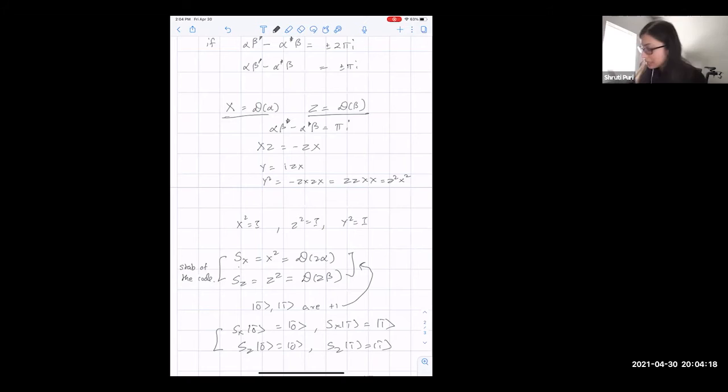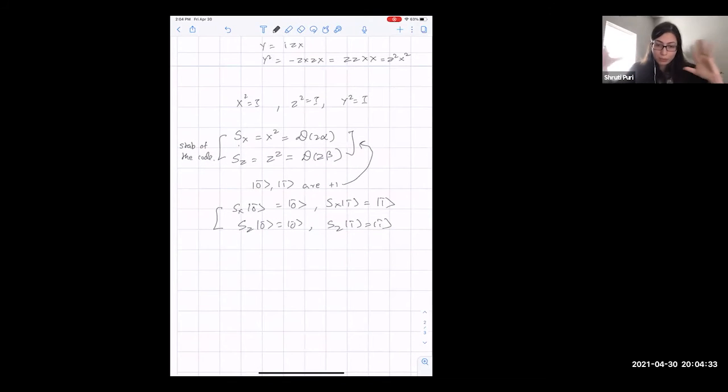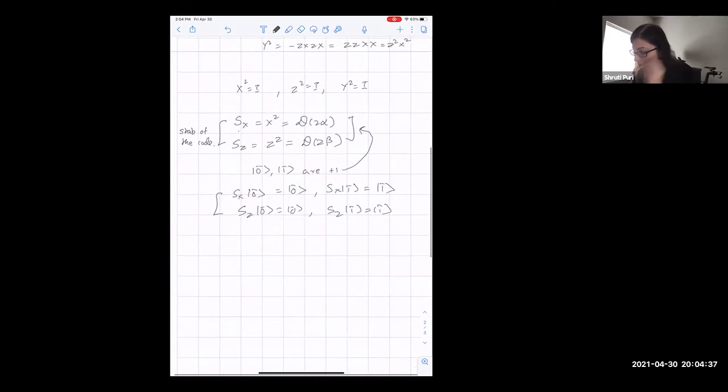Okay, so this is the definition of the GKP code. That's it. All you need to know to work with your codes. You never actually need to know what your code words are. You just need to know what your Pauli operators are and what your stabilizers are, and you have the code. But we will explicitly write down what the code words are. The original